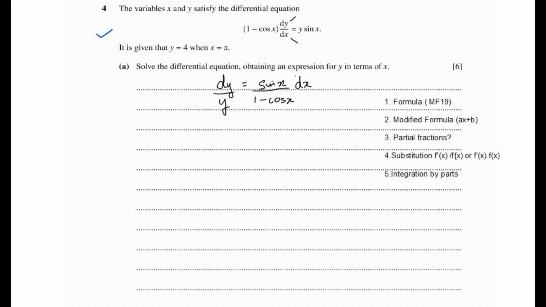So the thing about differential equations is that they don't tell you what method of integration to use when you're integrating after separating the variables. So what do we do? I've made a little list here. You first check for the formula if it's available in MF19, and if not, is there a modified version of the formula, meaning has the x been replaced by ax plus b? If that is not available, then you want to check for partial fractions, and failing which you want to check